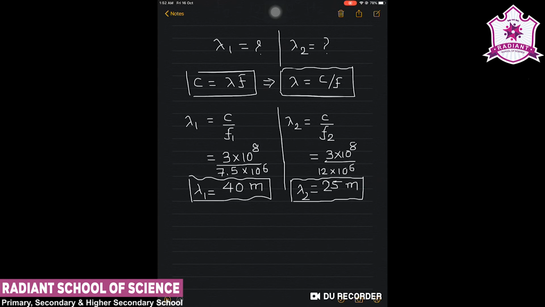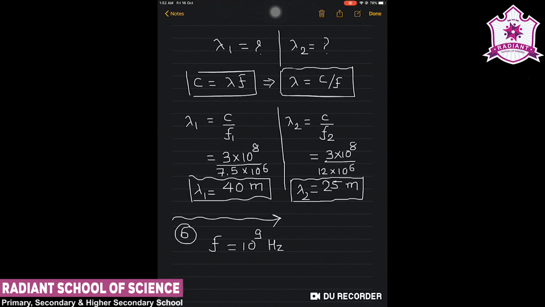In a similar question we can move to example number 8.6, that is the 6th example of the textbook. It is given that a charged particle oscillates about the mean equilibrium position with a frequency of 10 raised to 9 hertz. So here again they have given the frequency 10 raised to 9 hertz. It is also called gigahertz. What is the frequency of the electromagnetic waves produced by the oscillator? This is again a simple question.